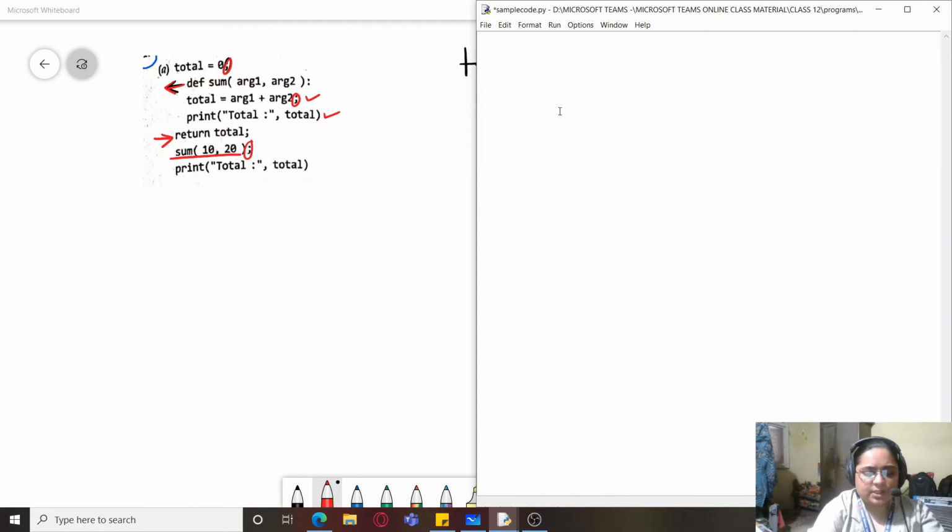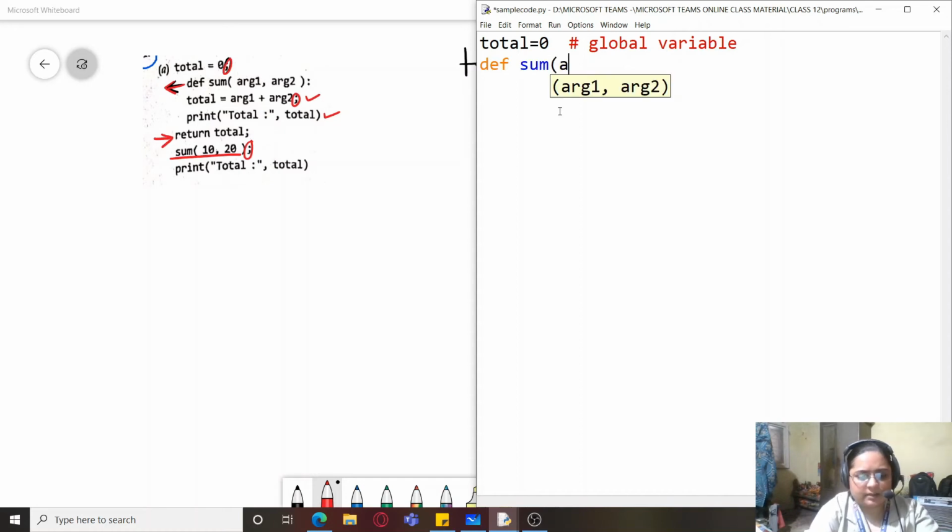So let us change it: total equals 0, and let's give it a comment line, that it is a global variable. Then def sum, argument 1, argument 2, and I'll write here total equals argument 1 plus argument 2.